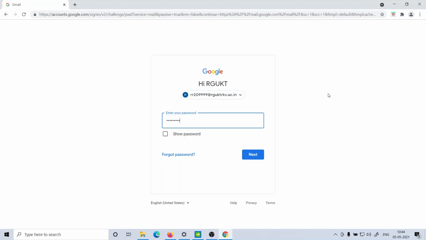And you have to type your password also. So in the mail ID place, you enter your mail ID which is supplied to you, and I think most of you are using your mail ID to access your mail account, right? So use that mail ID to access Google Classroom. Okay, so I entered my password.